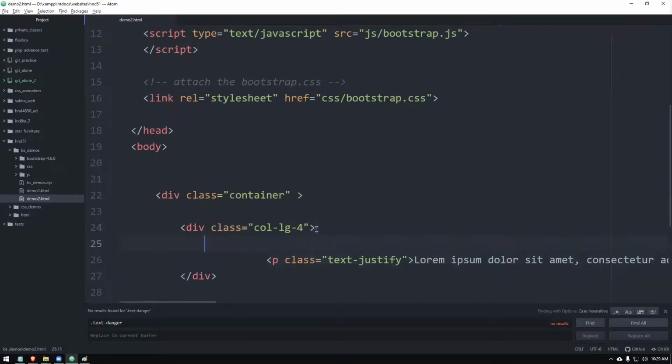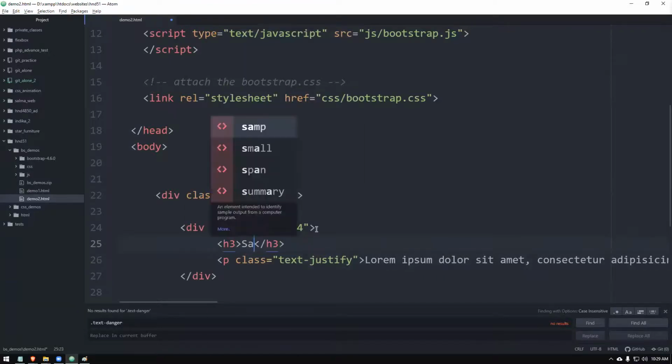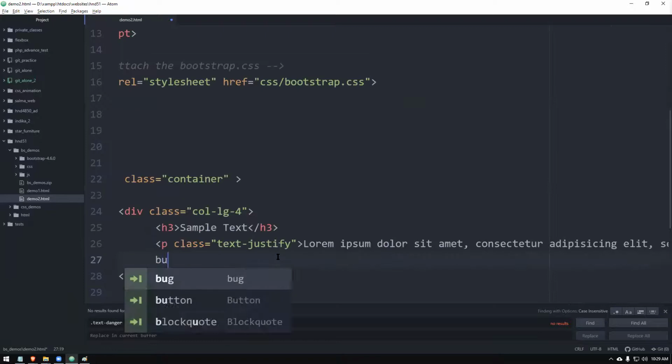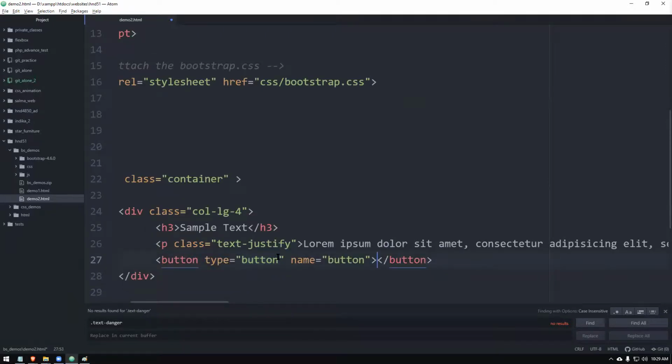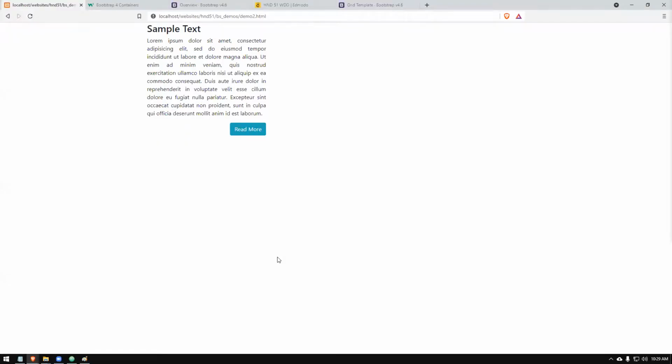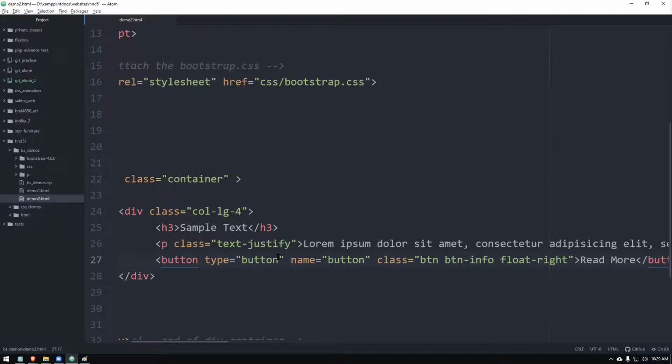Right, so inside this we will put, we can make it a little bit prettier. So just put a button there. Within no time you can build this, right? See, very simple. Okay, so I just built one column there. That's all. Borders and all will also work. We will learn them slowly.